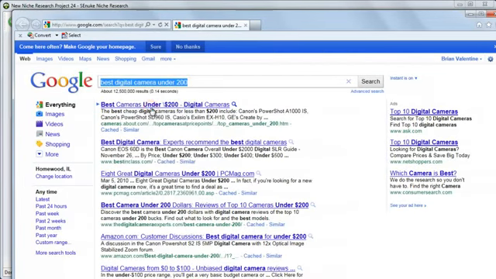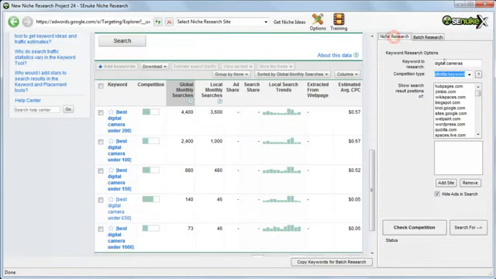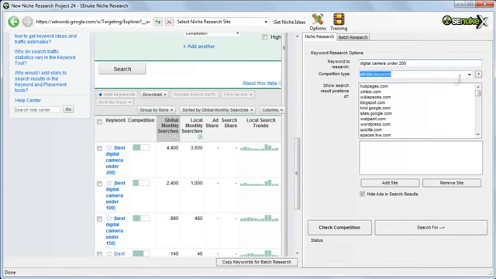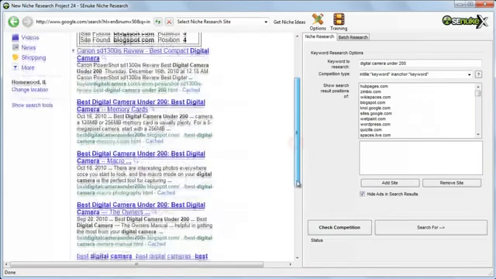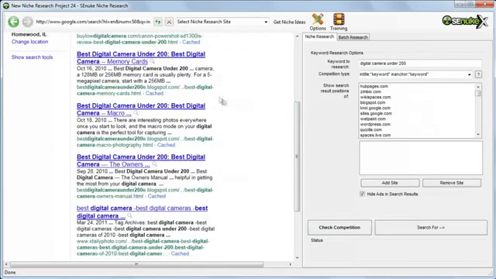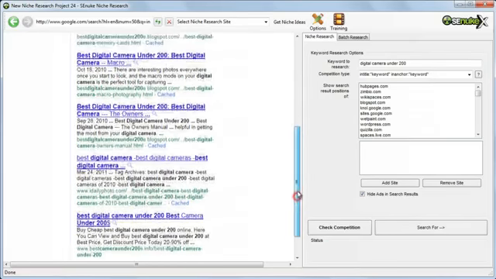and paste it back into SENuke. And select the end title and an anchor competition type and click on check competition. And we see that it's only 5 competing pages with our exact keyword in the title and in the URL. So this keyword is looking real sexy to me. And with an aged domain,